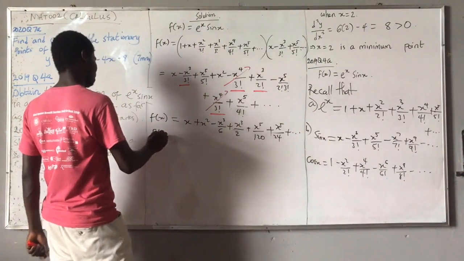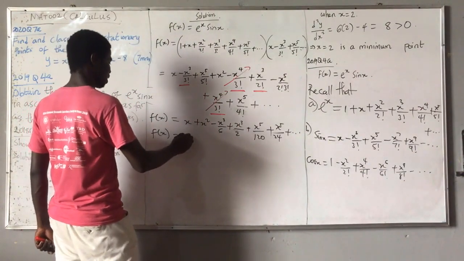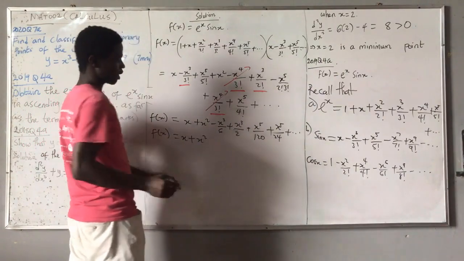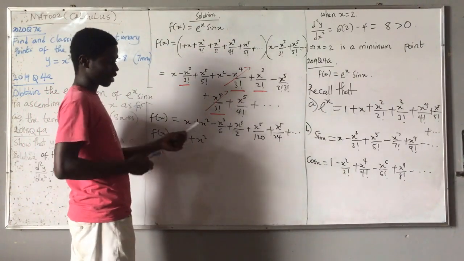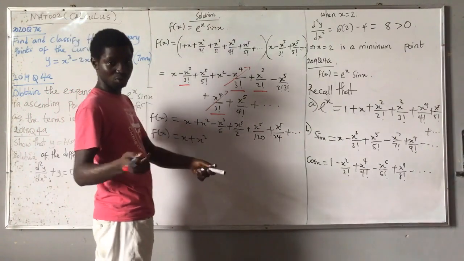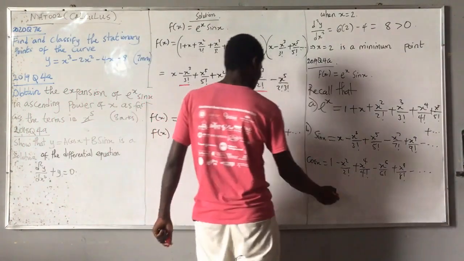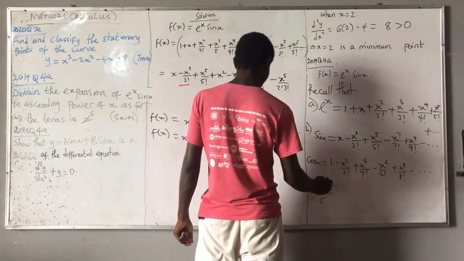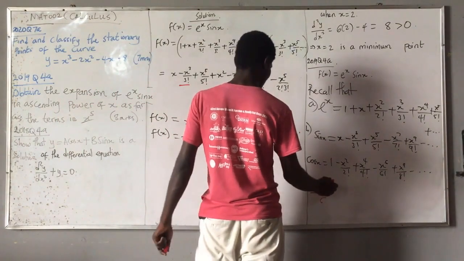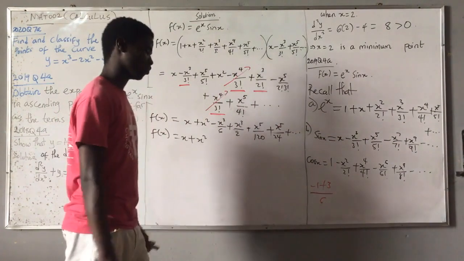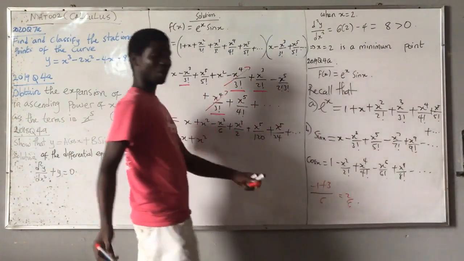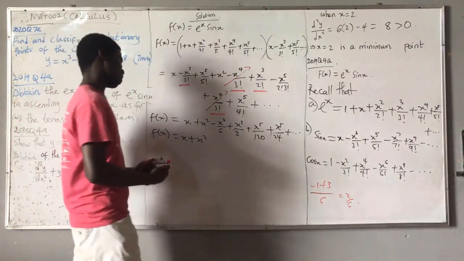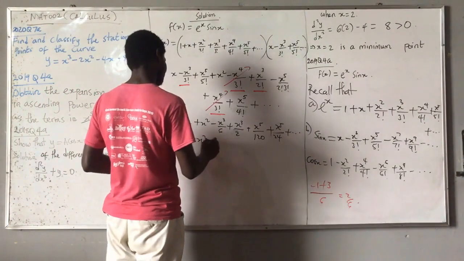So f of x is equal to x plus s squared. Now this one plus this one, you can just do the LCM. 1 minus 1 over 6 plus 1 over 2. Press your calculator, you just do LCM 6. That's minus 1 plus 6 divided by 2, 3. So this one will now give me 2 over 6, which is eventually 1 over 3. So this one will now be plus 1 over 3